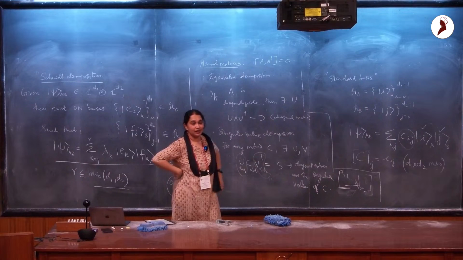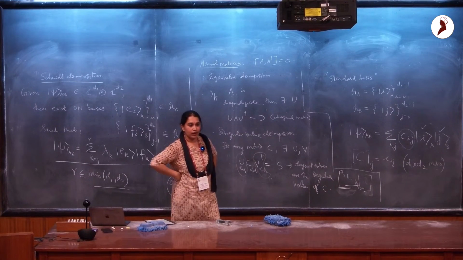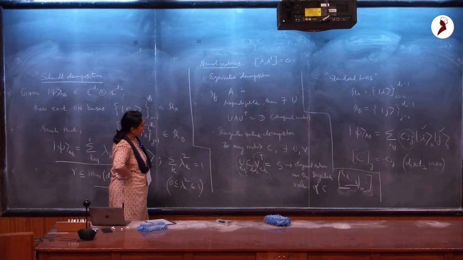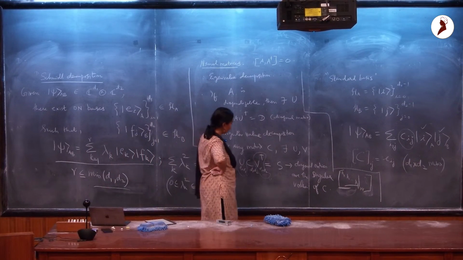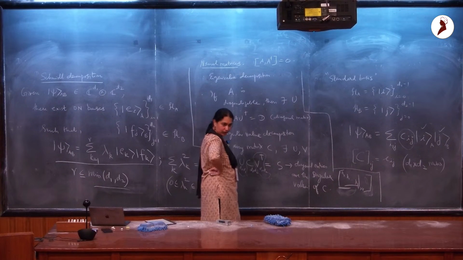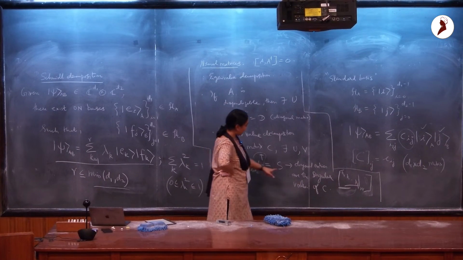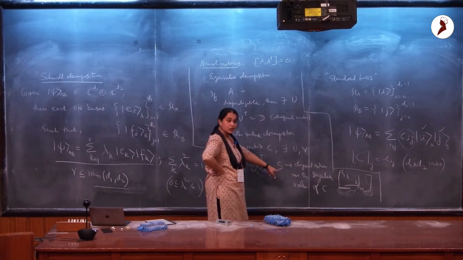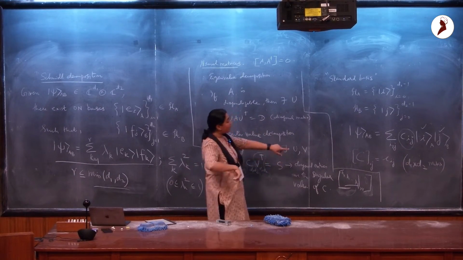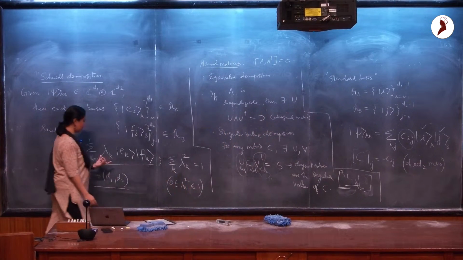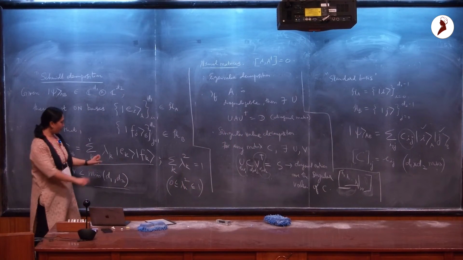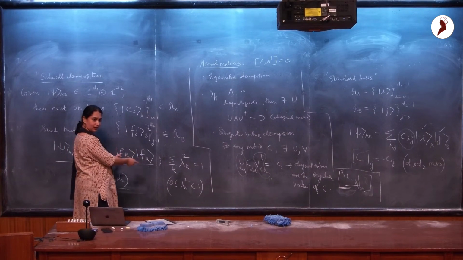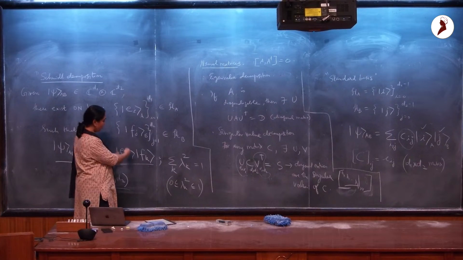Is this decomposition unique, or can we have others? That's a very good question. Now, as far as the singular value decomposition is concerned, it is unique. So the set of singular values associated with this arbitrary matrix C is unique. But once I write down this decomposition, it is possible that I could still rotate my local basis and not lose this form.